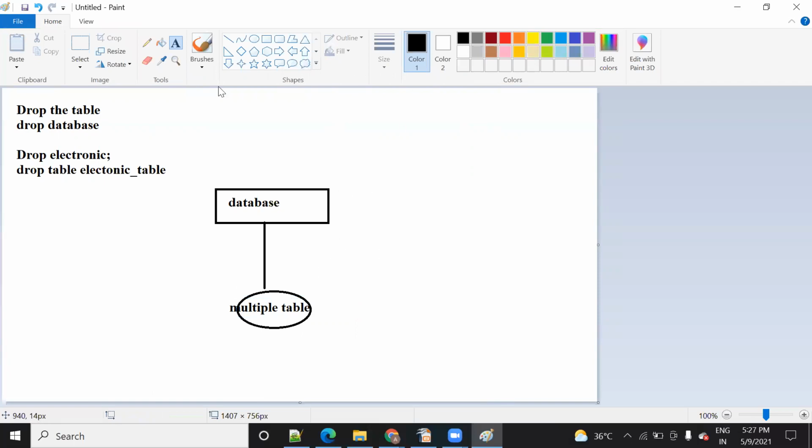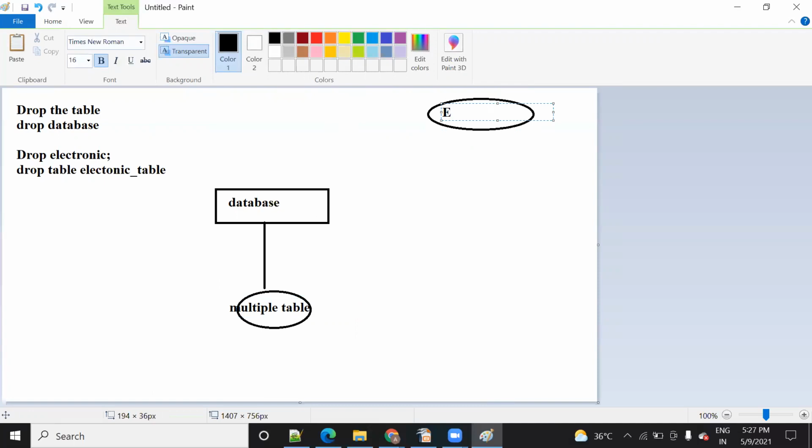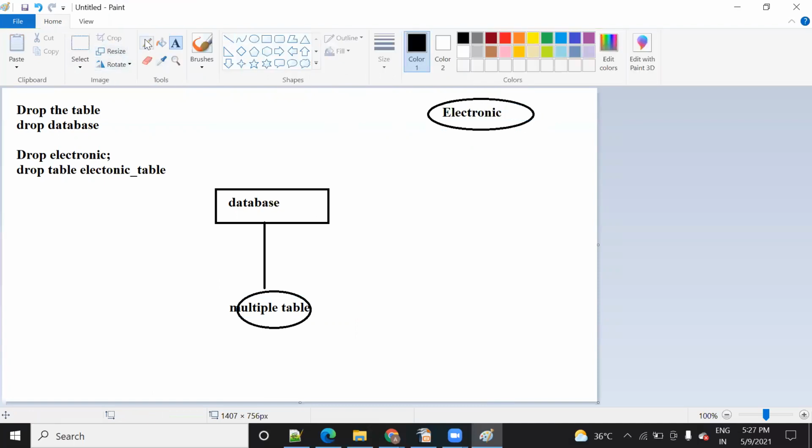I can give you an example. Suppose this is the electronic database. In the electronic database you can have multiple tables, for example electronics. This is your database.